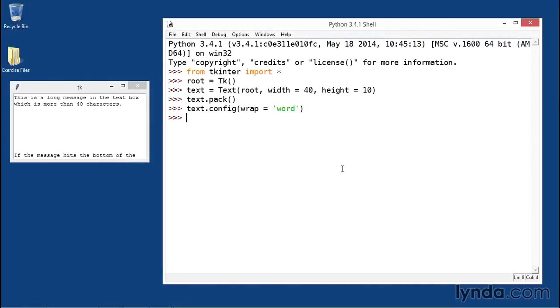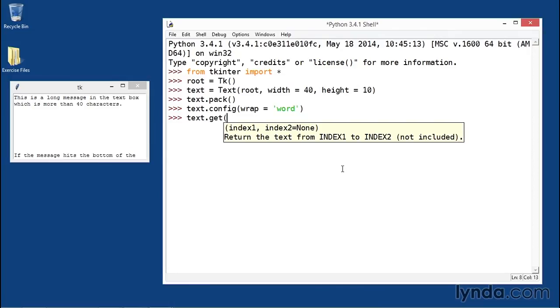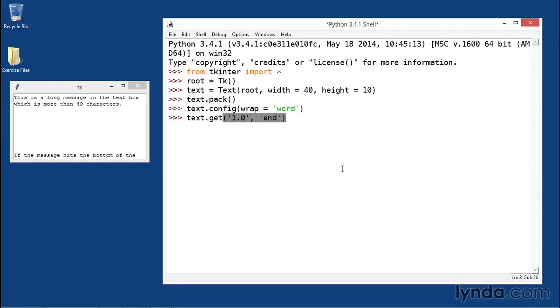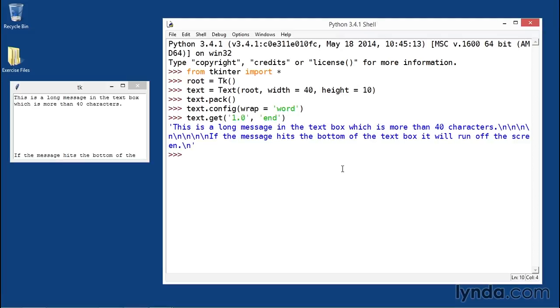We can use the get method of the text widget with these indices by passing them in as strings. So if I call text.get, I'll pass the first index of the start of the area I want to get. So I'll use 1.0, which represents the beginning of my text box. And then I'll enter the end index of the section I want to get. In this case, end. This will return the entire contents of the text widget from beginning to end. You notice that as it does it, the new lines are included as well, and IDLE displays them as \n